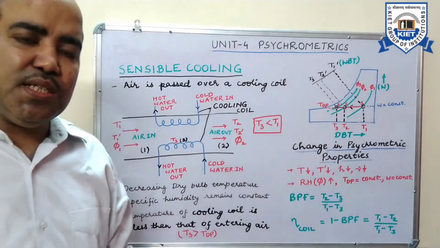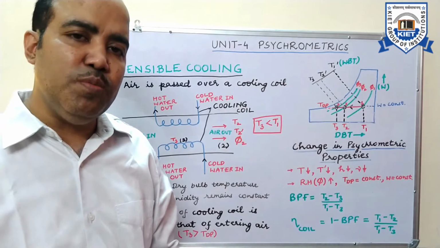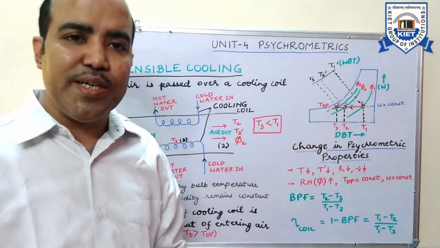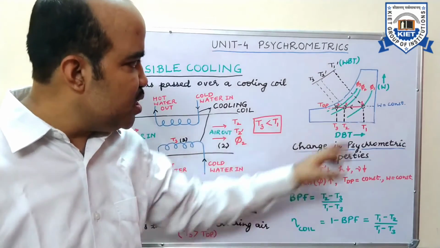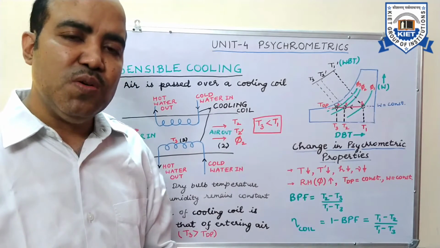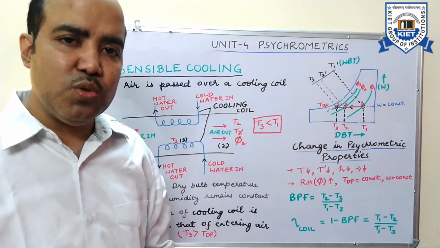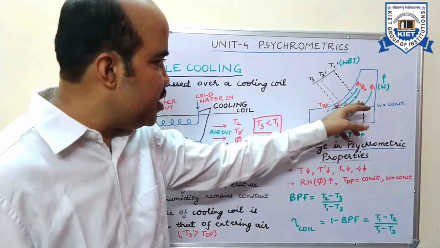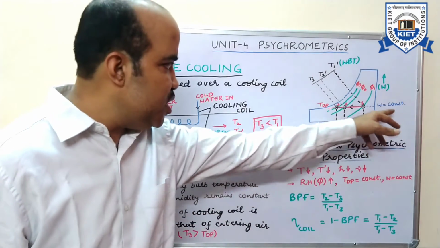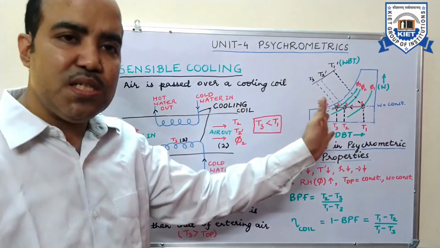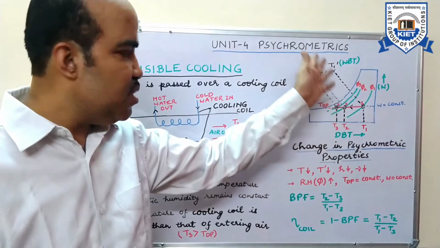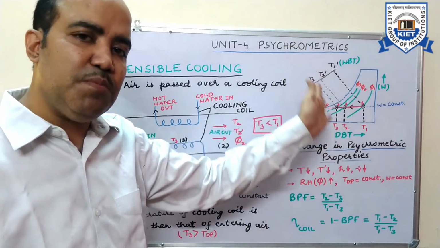So on a psychrometric chart, we require two psychrometric properties of moisture to locate a point. For example, if I want to locate point number 1 on the psychrometric chart, then I should know two properties. It may be dry bulb temperature and relative humidity, or dry bulb temperature and specific humidity, or, as you can see over here, T1 dash, T2 dash, these temperature lines denote the wet bulb temperature.